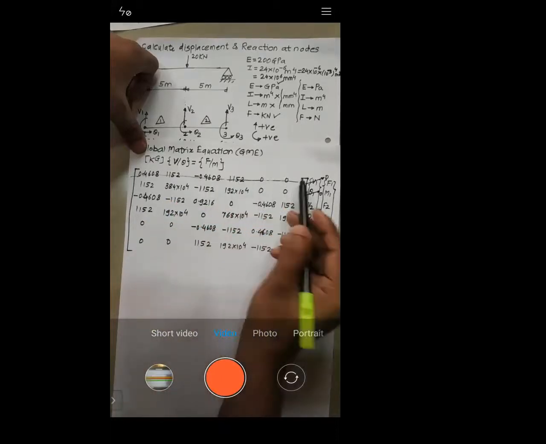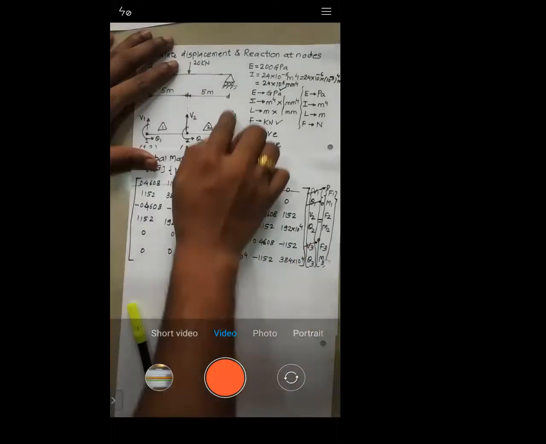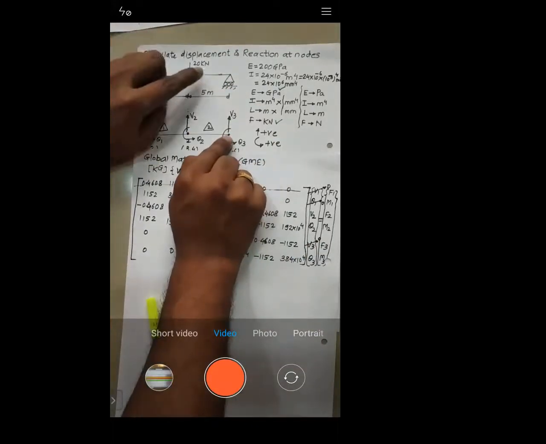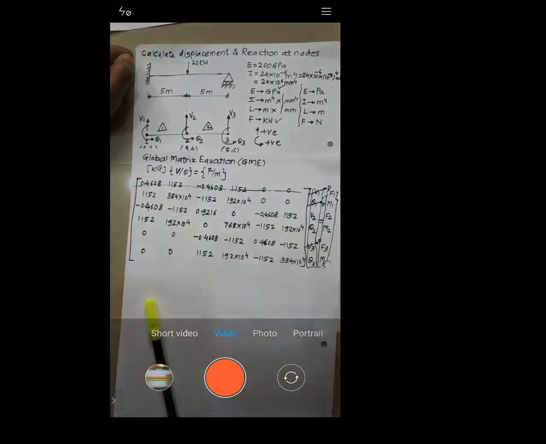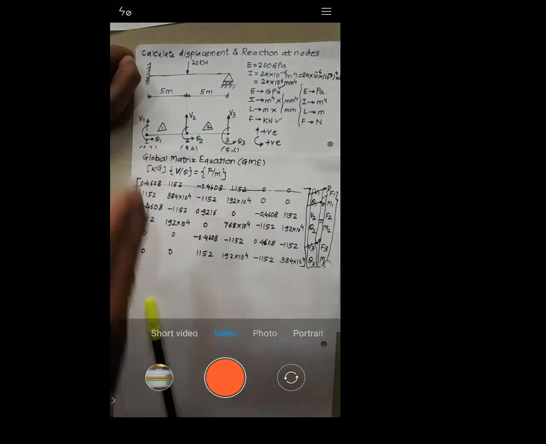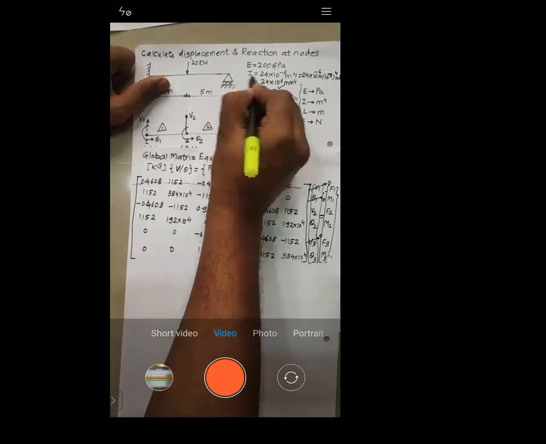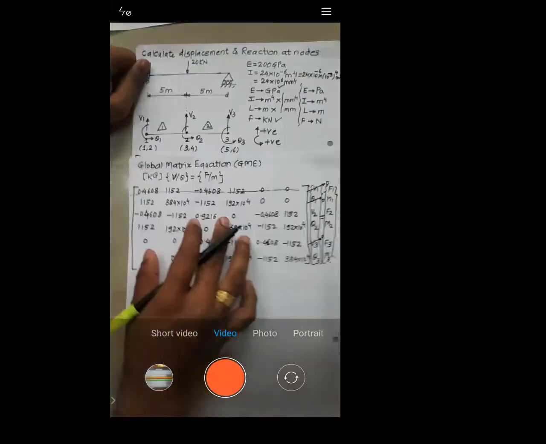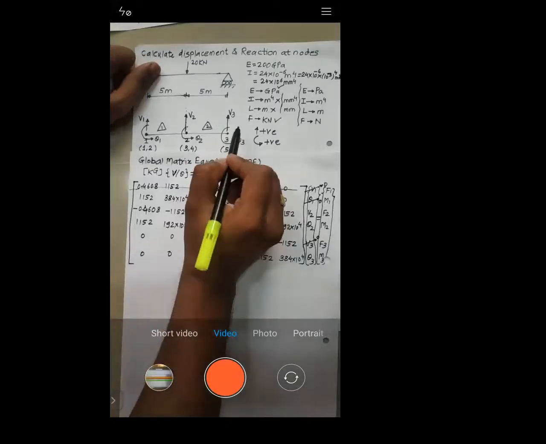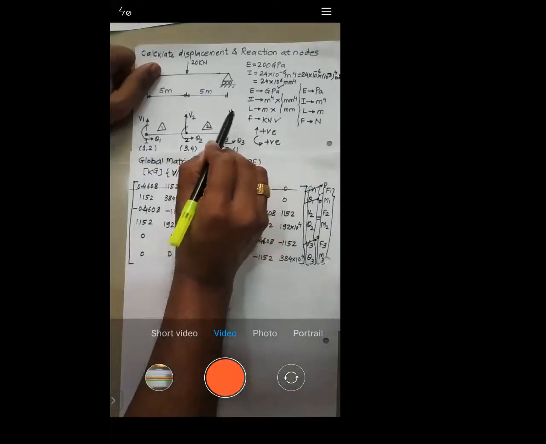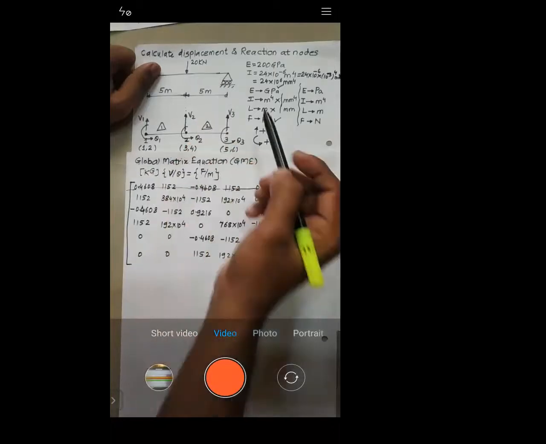Sir, tell me the V3 part once more. See, at node number 3, what do you have? Your roller. So this roller can only move in x direction. Can it move in vertical direction, let me know. No. This roller can move only along x-axis. It can move either to the left-hand side or to the right-hand side. Can it move upward or downward? No. What is V3? Displacement in vertical direction. So this roller will not move in vertical direction. That's why V3 is 0.